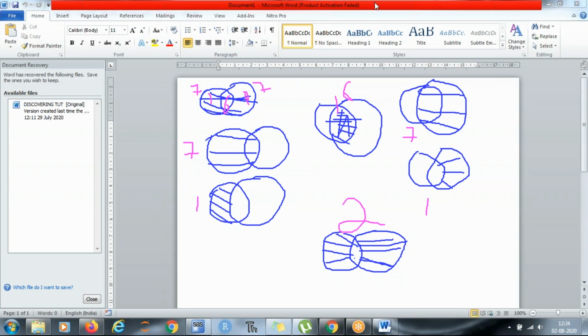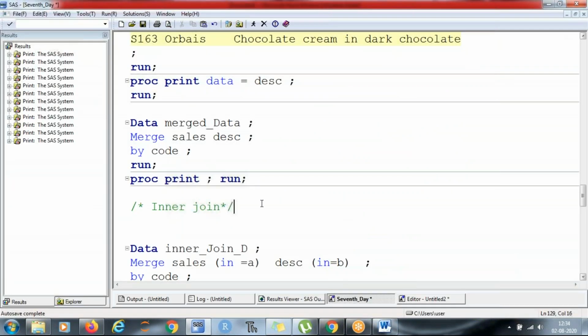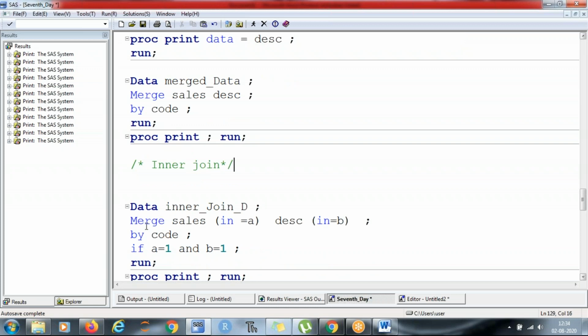All right, so let's do it through programming. So inner join, right? What we are doing, we are using the same merge command. However, now we are using one reference variable by the name of A. So this means for every value of data, the value for A is true or 1. For every value of description, the value for variable B is true or 1.